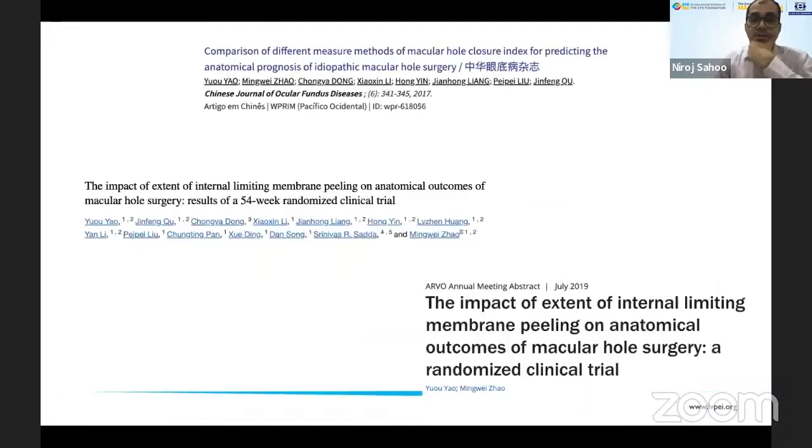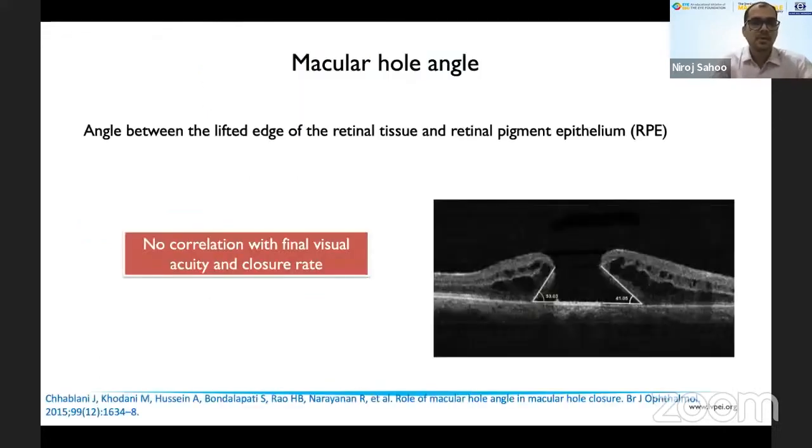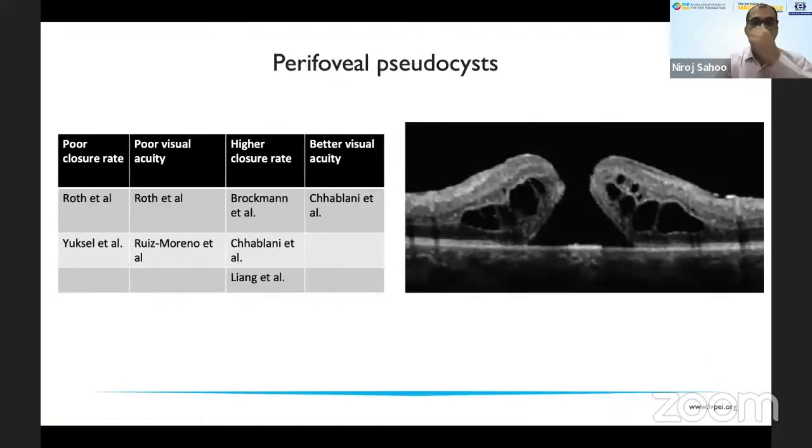Several other studies have shown MHCI to have a very good correlation with final visual acuity, but there's a caveat that a few of the studies have taken the arm length instead of curve length and labeled this as MHCI. So again, take it with a pinch of salt. The macular hole angle has absolutely no correlation with final visual acuity or closure rate. When we look at perifoveal schisis, again, the papers are all over the place,